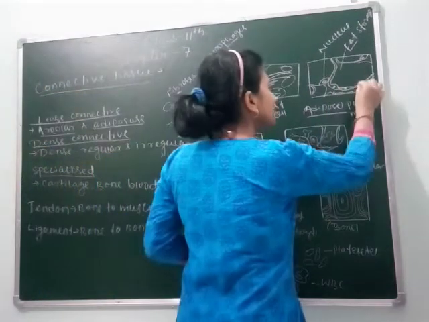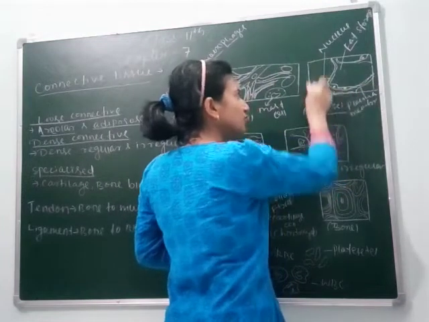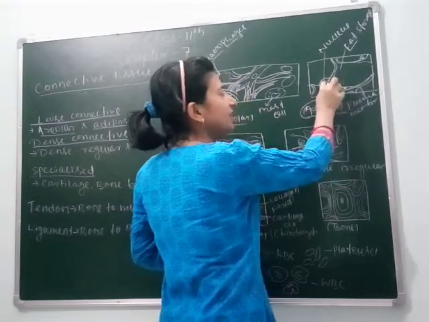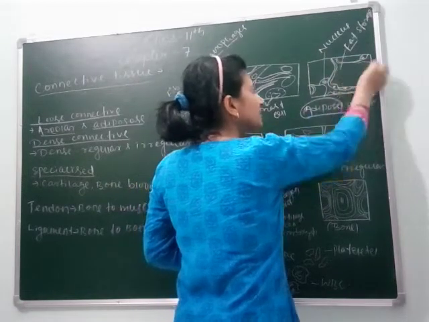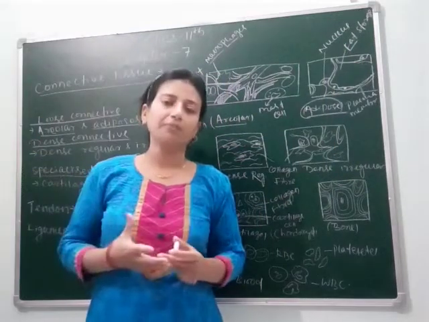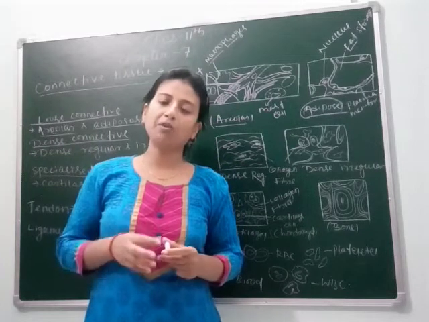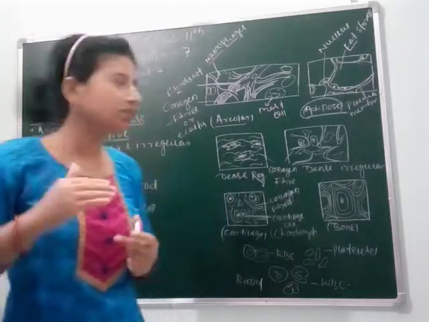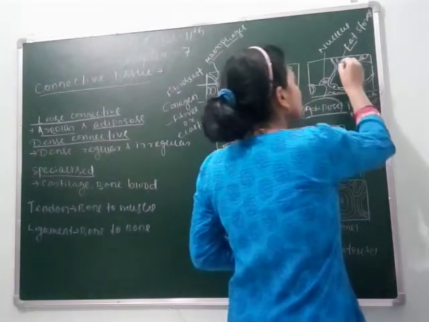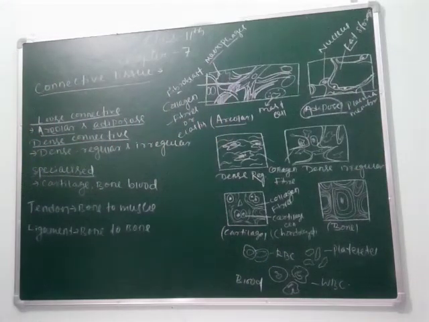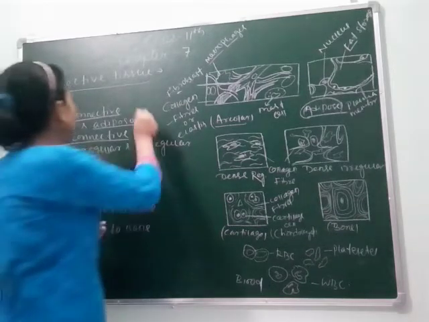You can see the diagram. This is the plasma membrane. This tissue represents adipose tissue. The outer layer is called the plasma membrane. Here is the nucleus, and this space you can see is the fat storage area. When we take excess food, that food is consumed by our body and some is left. That left food gets converted into fat and stored just beneath the skin. As this tissue is present beneath the skin, that area acts for storing fats. Clear, students? So this is your loose connective tissue.